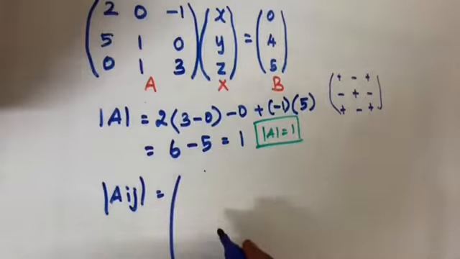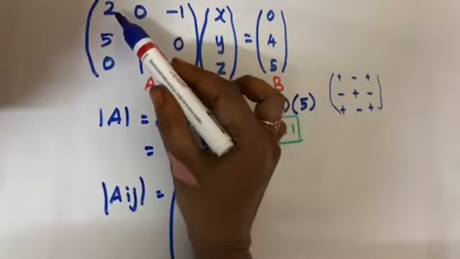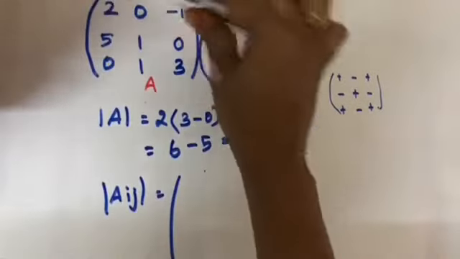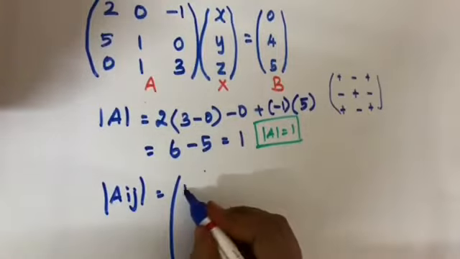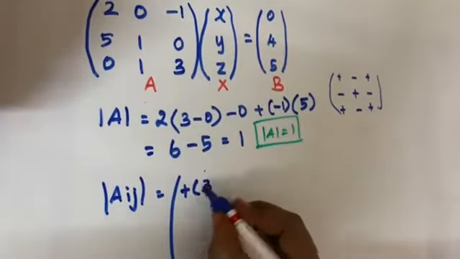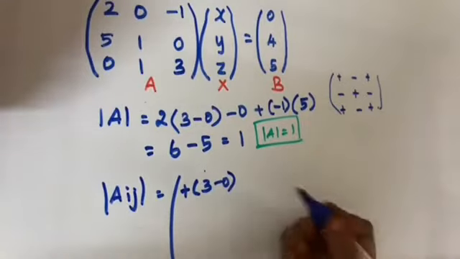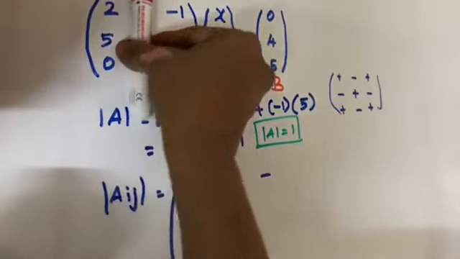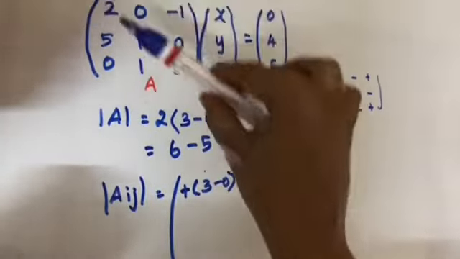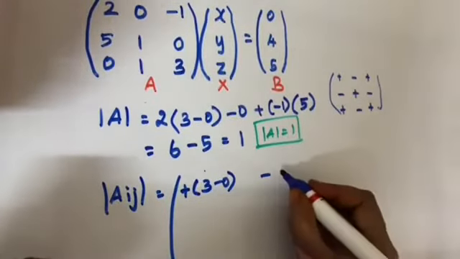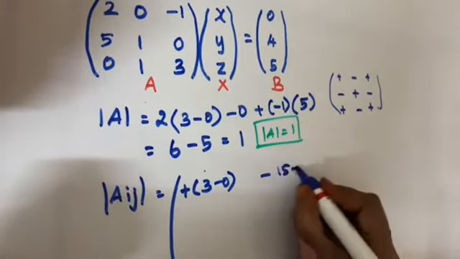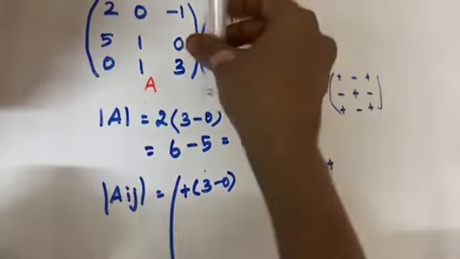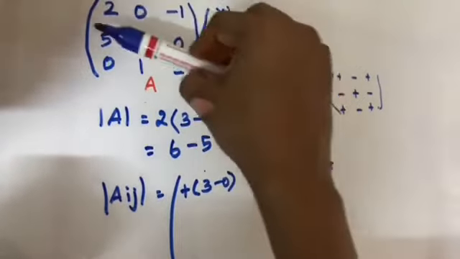Okay. So Aij, we have to find the cofactor for this 2. So for 2, you have to hide that column and that row. So the remaining terms, it is plus, right? Plus 1 3s are 3 minus 0. Now the second one, it is negative, right? So minus, you have to ignore this row and this column. So 5 3s are 15 minus 0. So 15 minus 0. And now for this term, it is plus. So if you ignore this row and this column, 5 minus 0.